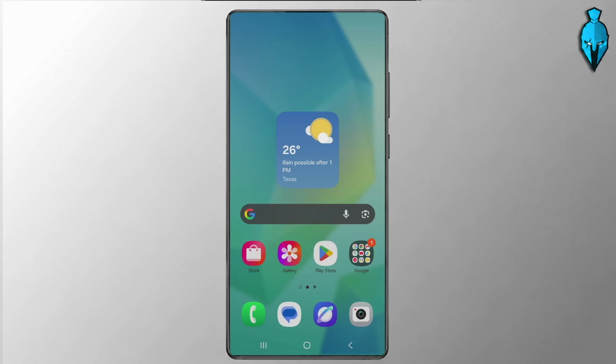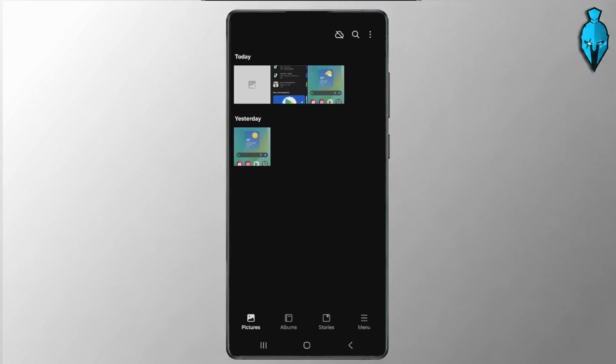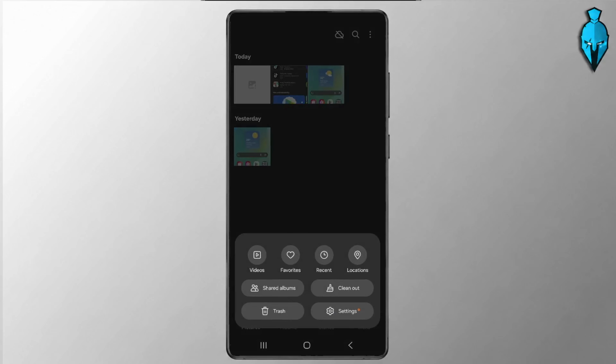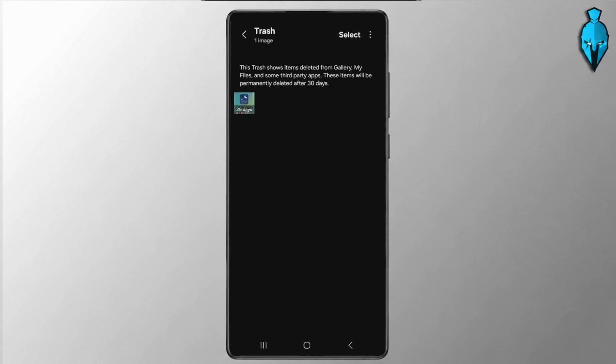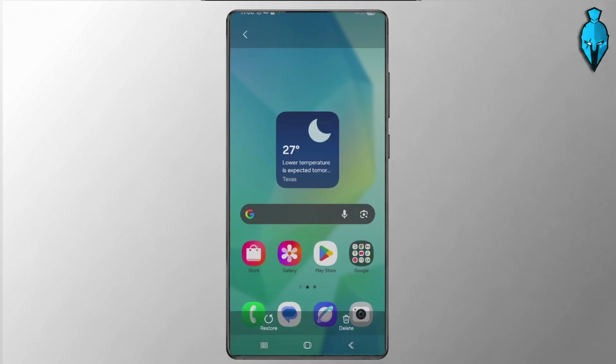First things first, you do need to open up your gallery app, and then from here, you need to tap the menu down in the very bottom right. It's going to open up a page that looks something like this for you. Go ahead and select trash or recycle bin, and it's going to redirect you to another page that looks something like this. Find the deleted photo, select it, and then you can hit restore right here, and it'll go ahead